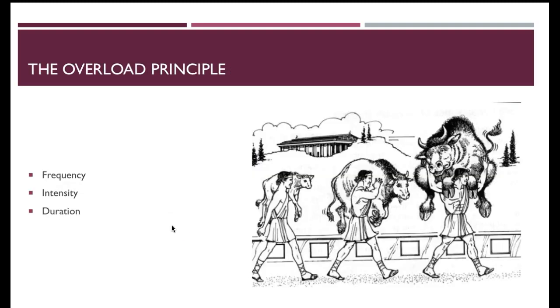Next, we have the overload principle, and this concept is meant to guide safe progression of muscle and joint function. Within appropriate parameters, muscles can increase strength by the amount of overload placed on them. This is an illustration of Milos of Croton, who was a Greek wrestler. He is said to have carried a bull on his shoulders from the time it was a calf until it was a full-grown bull. And this is meant to exemplify how gradual progression of overload can produce great outcomes over